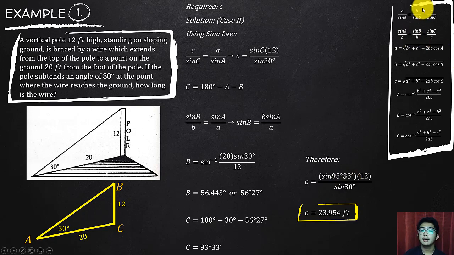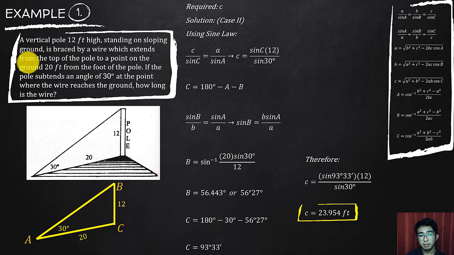On the right side here, we have our formulas. These are the law of sine and the law of cosine. So example number 1. A vertical pole 12 feet high standing on sloping ground is braced by a wire, which extends from the top of the pole to a point on the ground 20 feet from the foot of the pole. If the pole subtends an angle of 30 degrees at the point where the wire reaches the ground, how long